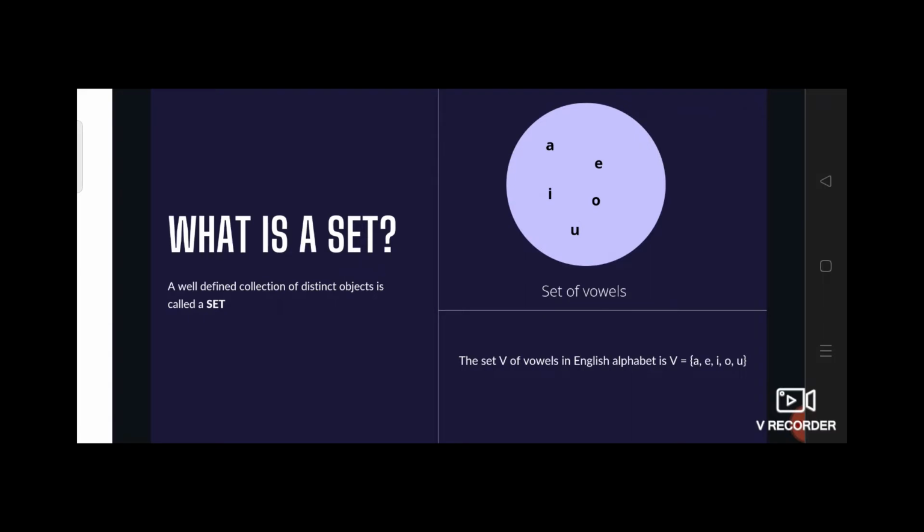So, class, tell me, what is a set? We must have heard it multiple times, but come on, we must start with the first step if we want to reach the last step, right? So, yeah, bear with me. A set is a well defined collection of distinct objects. For example, set of natural numbers, or for instance, set of vowels. We have A, E, I, O, and U. Hence, the set V of vowels consists of A, E, I, O, U, which forms a set.